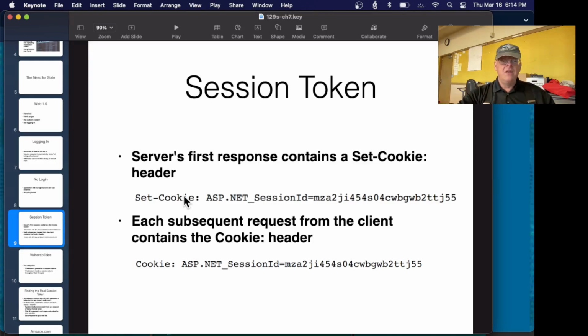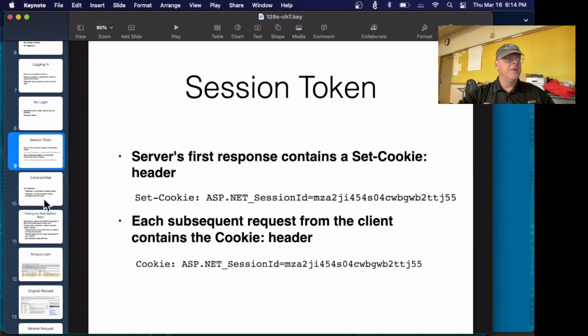When you log in, it gives you a Set-Cookie, and it sets a cookie name, which can be anything. This one is ASP.NET session ID, and then it's just a long random string of characters. This is the right way to do it. This should just be long random characters that mean nothing. They're not encrypted anything. It's just a random number. And on the server, they've got a database that remembers who that random number goes to. That's the game. So now each subsequent request going back to the same domain, your browser will automatically add the cookie, and so it'll mark every request with who you are, and the server can read this and use it to show you whatever you should see.